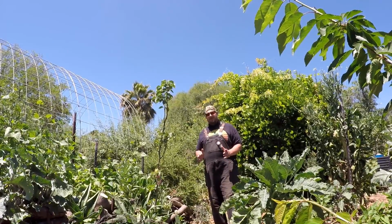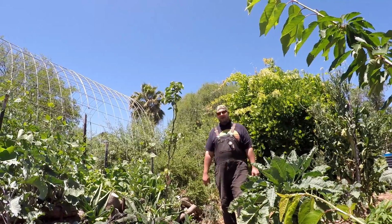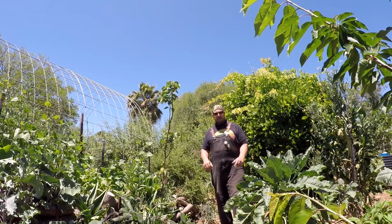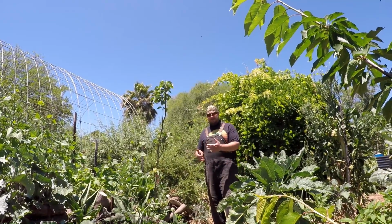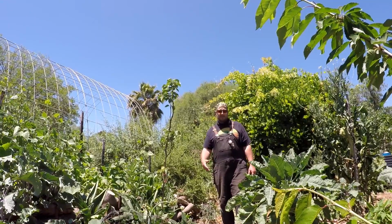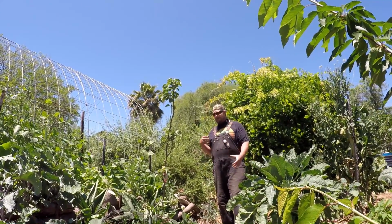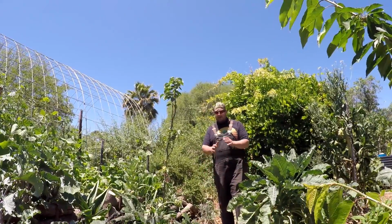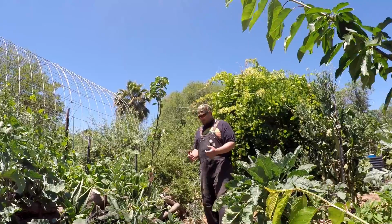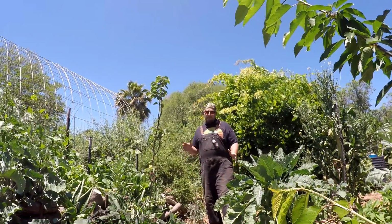You see, over the years, we've overfished our oceans. And as a result, the natural process of the larger fish consuming the sardines has become disrupted. And because of that, there's been an influx and abundance of sardines overtaking the oceans. And because sardines are vegetarian fish and they eat plant matter, they're actually consuming too much of the plant matter in the oceans, creating an imbalance. So harvesting the sardines and using it as a food source, number one, and as a garden fertilizer are sustainable